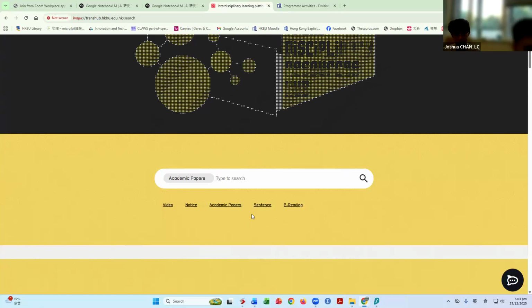Okay. And there are also other functions. So there's searching of sentences. For example, there can be sentences for writing transdisciplinary projects. And I have established a sentence here.